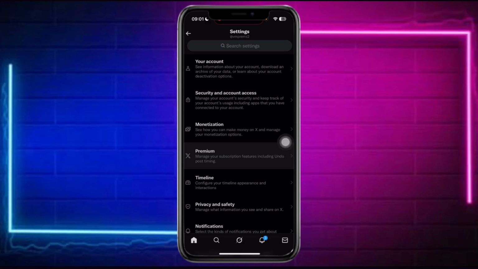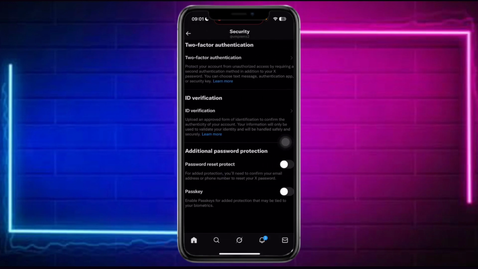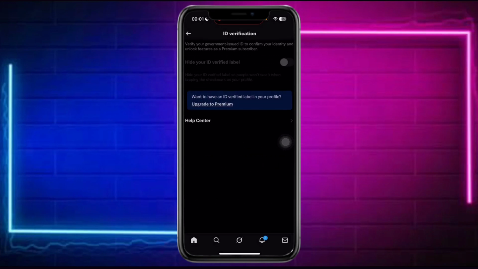Once you have subscribed, head back to security, and on the ID verification, just input right here your ID file. And with this, you can now verify your account as well as your age, since your ID will also have